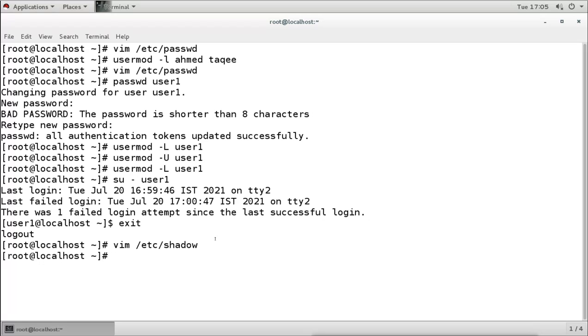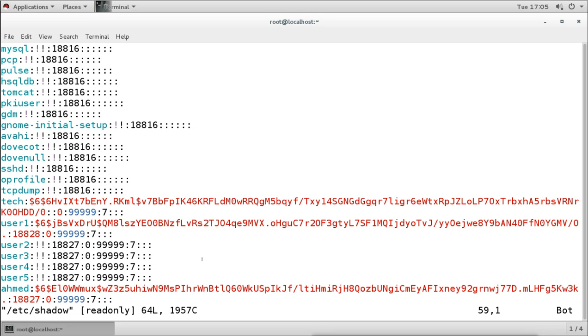Then when you try to log in with that user account, the username will be accepted, but when you try the password, it will say the password is not right and it will say error, login incorrect. Now when you unlock the user account with capital U, you can see the shadow file. The exclamation symbol is gone and the password hash is in the same color as this password hash.